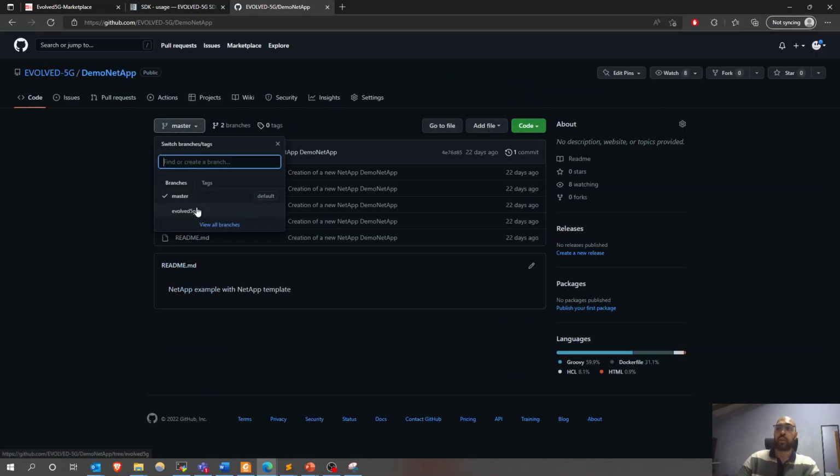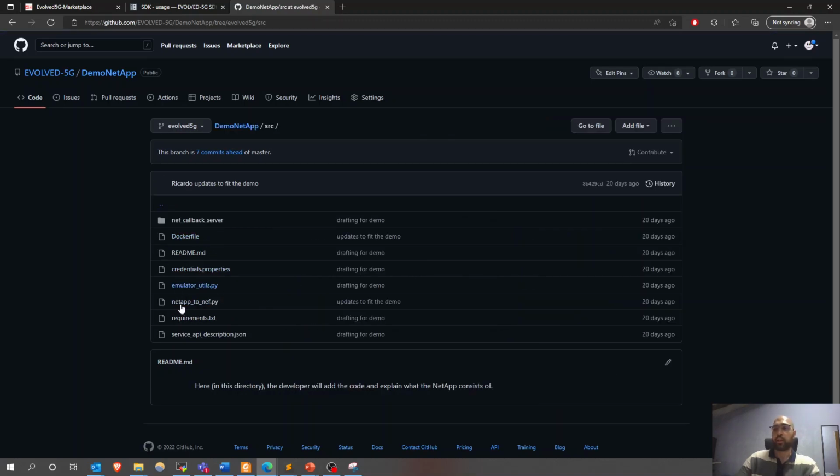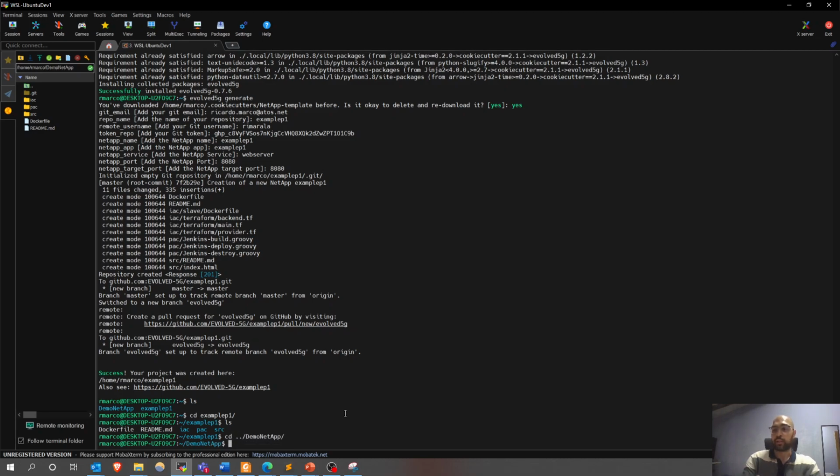Again, we have two branches. In the Evolve-5G one, we have the latest updates. We have a Docker Compose that will deploy three containers, one for the NetApp itself, another one for the NEF callbacks, and another one for the database. So as we can see in the source folder, we have the files related to the NetApp. Okay, so if we go into the folder where we have the demo NetApp,